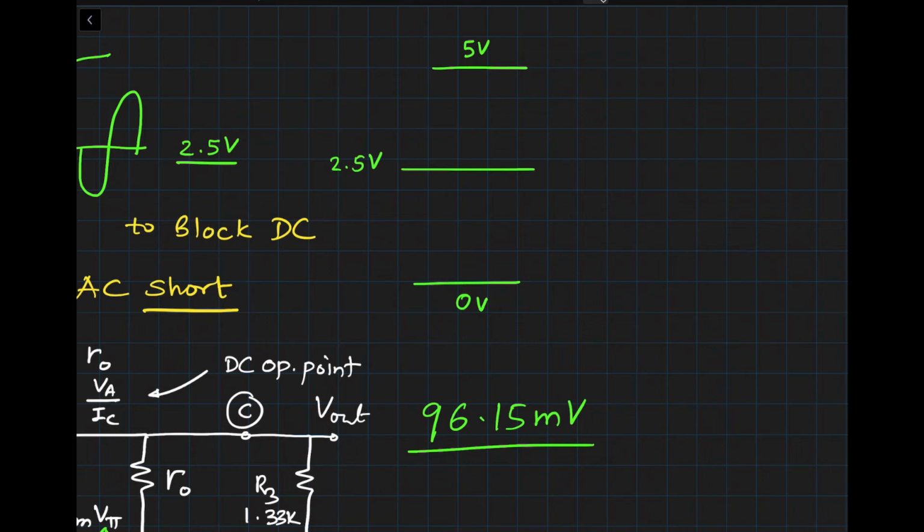Once we apply the signal, as we said, we get an inverting output, a sine wave that looks like this. Now it will be obvious to you that 2.5 volts is advantageous because you have an equal amount of space to go up and down. You can amplify the signal to a large value without clipping by choosing 2.5 volts.